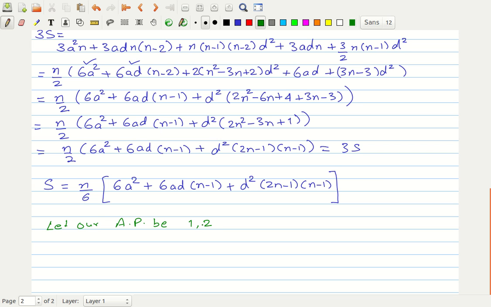Then second term is 2, so common difference is also 1. 3, 4, and the nth term would be n, right? Now suppose I want to find the sum of the squares of natural numbers. In that case all we have to do is, in this formula we put a as 1 and d as 1. So we get n by 6 times